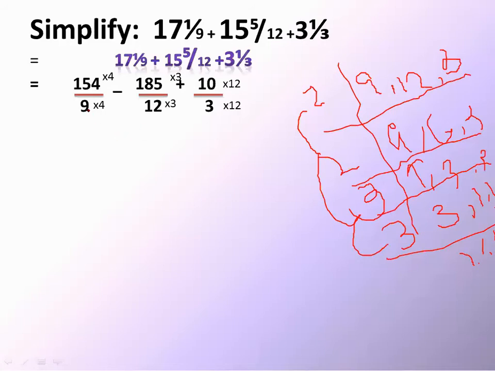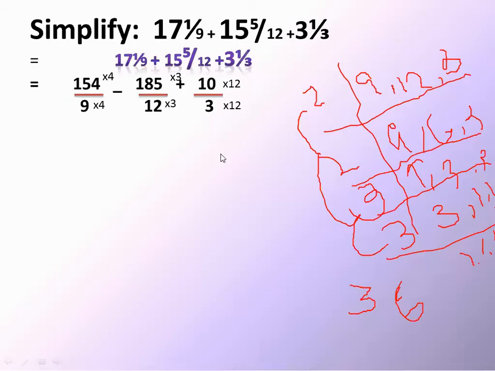So what I have to do is multiply my numerators with such numbers that my denominators will become 36. Okay, I have to make my denominator 36. So it is very easy. You will multiply 9 by 4, so 9 multiplied by 4 will become 36. Similarly, you will multiply your numerator with the 4. Similarly, 12 multiplied by 3 will become 36, and again you will multiply your numerator with the same number. And 3 multiplied by 12 will become 36, and similarly you will multiply your numerator with the 12 as well.